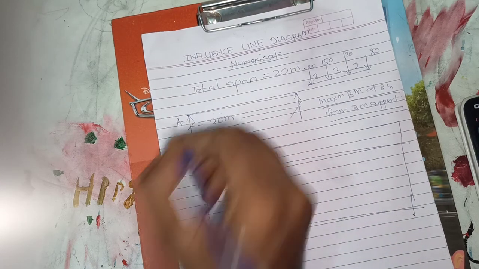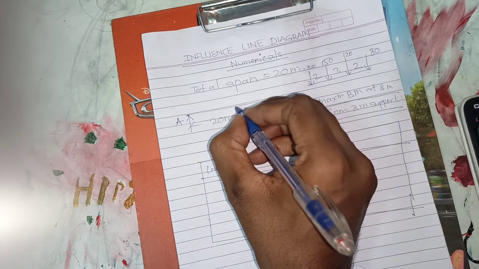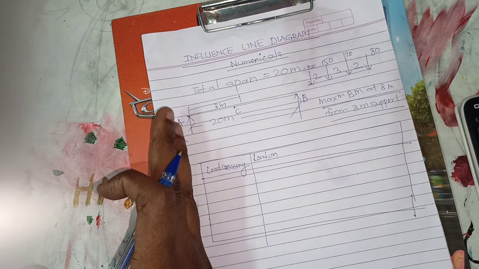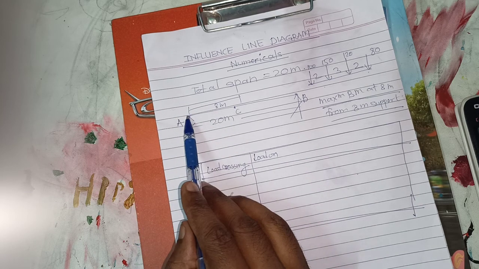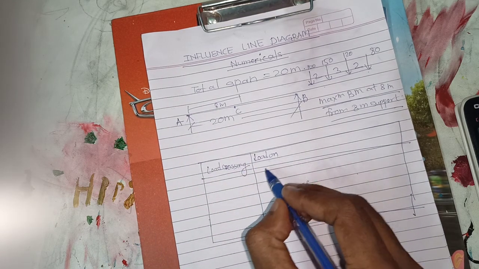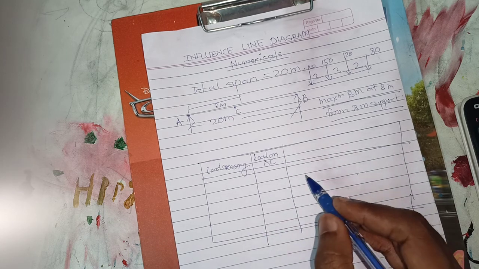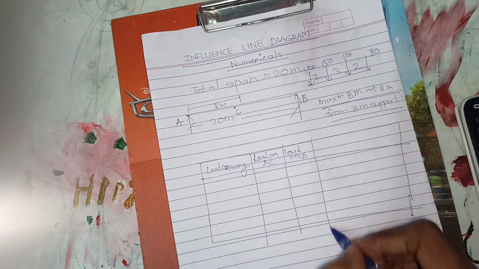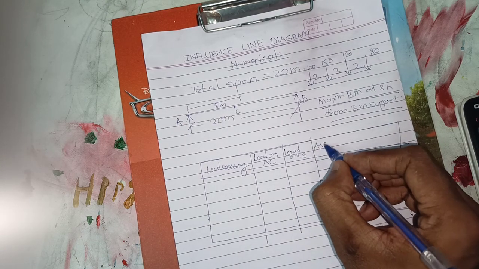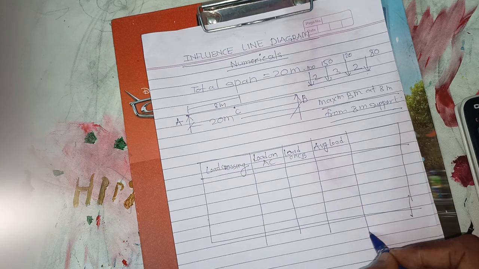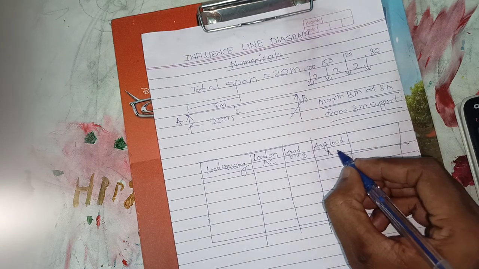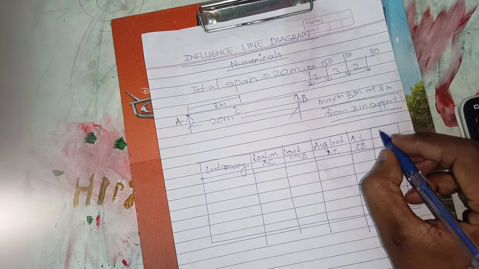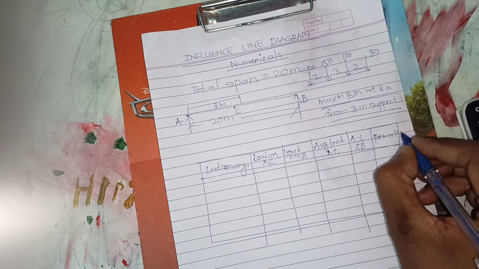Okay, let us take it as A, this is B, and this is C. C is what? 8 meter. Okay, because we have to calculate the maximum bending moment at 8 meter from the left. Now load on AC we have to consider like this, then load on CB we have to consider like this, and then average load we have to consider. Okay, then average load on AC, then average load on CB, and then remark. You can call it as remark.